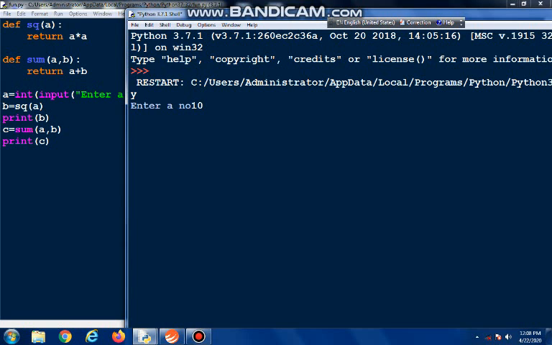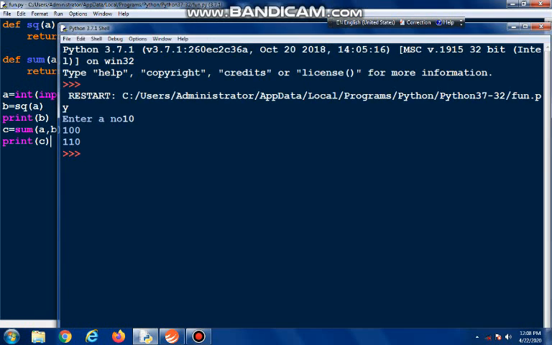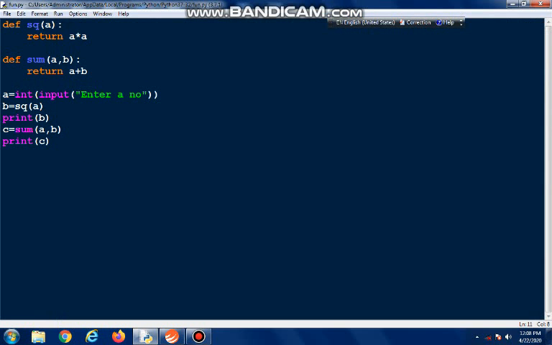It will find the sum, which is 110, and print the sum. Let's see. So this is 100, which is the square of 10, and then this is the sum function working here, which is adding the value of a and its square, that is 100 plus 10. 110 is my answer. So this is the way you can use your functions.